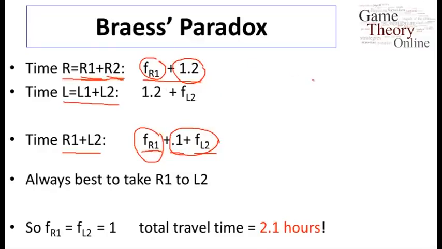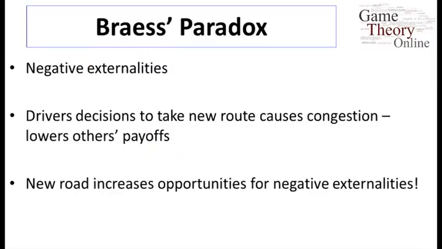This might seem as a theoretical curiosity. In fact, there's anecdotal evidence that you see it in real life. There's a famous example in Manhattan where 42nd Street was closed down for construction, and the claim is traffic eased in the city. Be that as it may, it's very clear that negative externalities, as they're called,